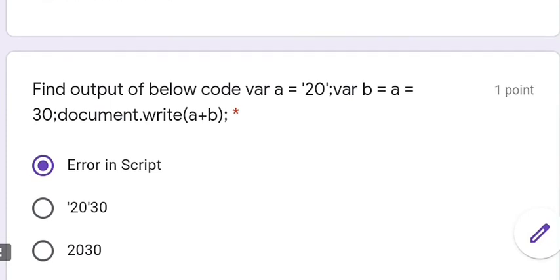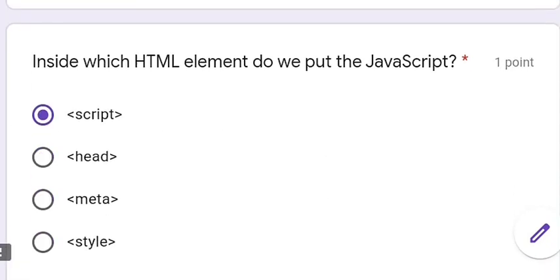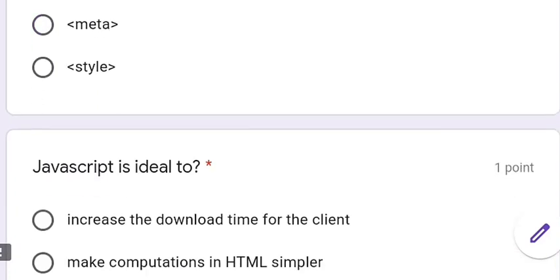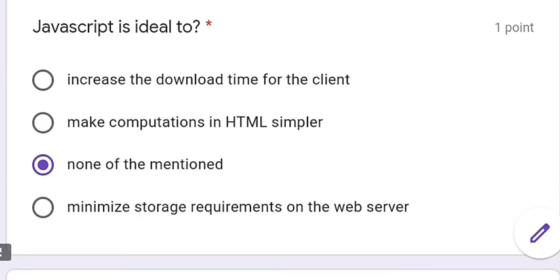The answer is 60, but it is not in the options, right? Inside which HTML element do we put the JavaScript? In the script tag. JavaScript is ideal to: none of the mentioned, the third option, is the right answer.